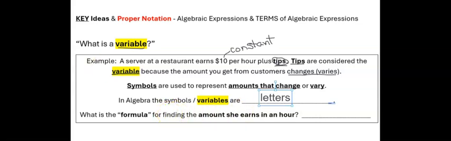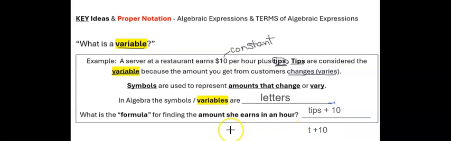And if I wanted to know how much I was going to make, I would say, hey, I'm going to take my tips and I'm going to add them to my $10. But rather than typing the word out, we're going to shorten it and just use a single letter to say, hey, let T equal the tips plus the $10 I make just for showing up to work for that hour. So the formula that we would use is T plus 10